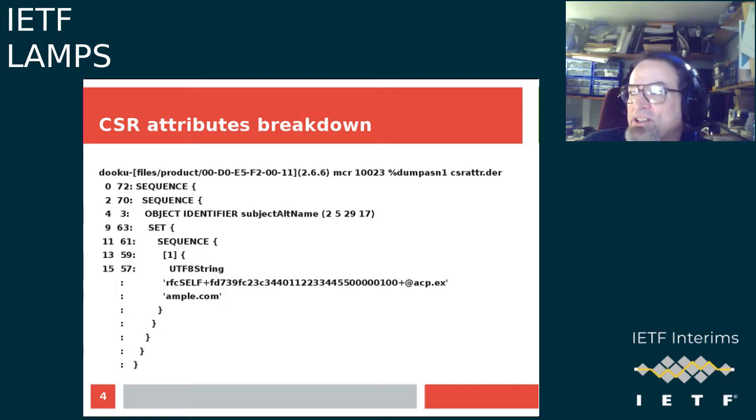So what does our CSR attribute look like? Well, this is what it looks like. Subject alt name. There's probably an OID that actually doesn't say other name, but rather DNS name, but I didn't fix this example. That's what we kind of came up with from what we were reading of 7030 ASN.1. That's what we thought we were doing. So obviously it was wrong. And the resulting CSR, next slide,